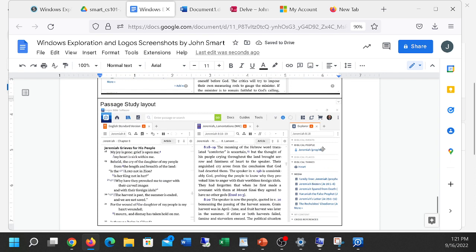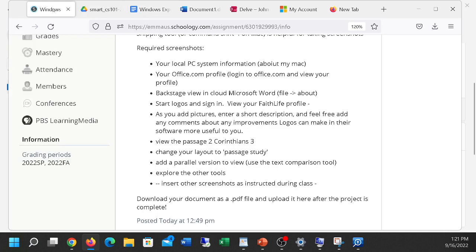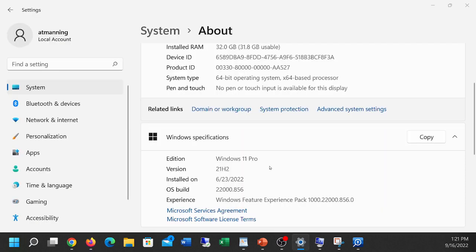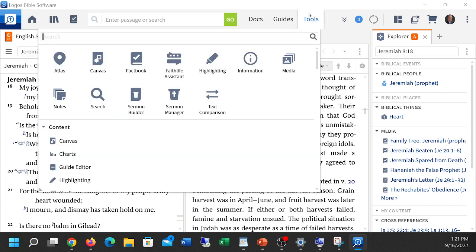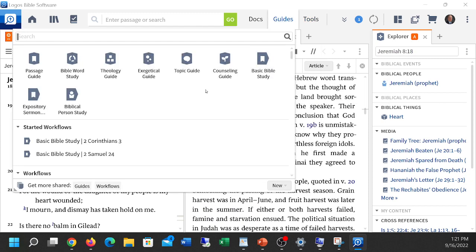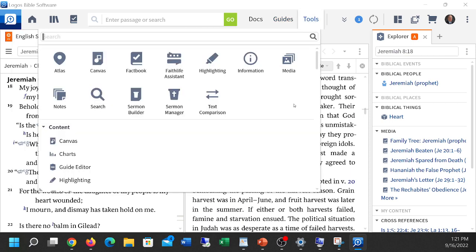Now while we're there, let's see, I don't want to spend too much time here. We'll get going because I want to give you plenty of time to get it done and maybe get out of here early. Let's take now a look at the parallel version tool. Those tools are really handy dandy. They're up here under tools. Let's take a look at one tool called text comparison. Tool, not guide. Tool, text comparison. This cool tool brings up a new window